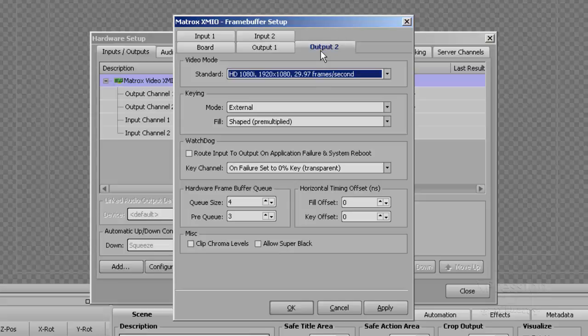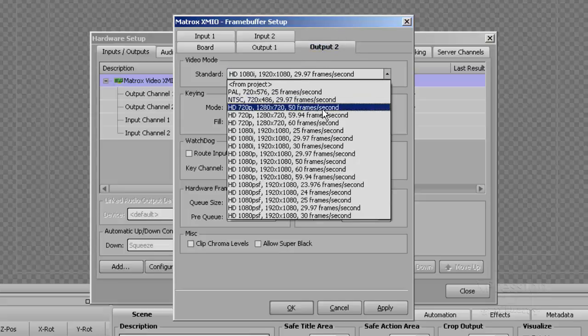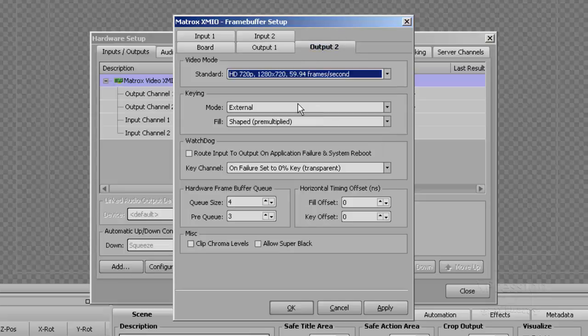And then obviously I would assume that you want to duplicate the second channel with the same frame rates and everything else, so set them up the same way if you're going to do that. Again, I would only put the Watchdog on if I'm using this as my channel branding device and everything is downstream and I'm passing the station's facility output through this so it goes off to the transmitter.